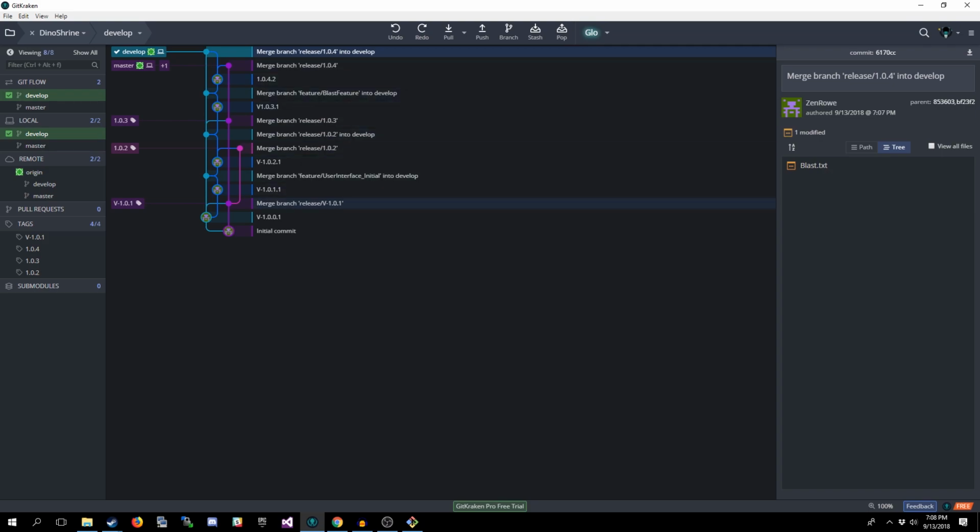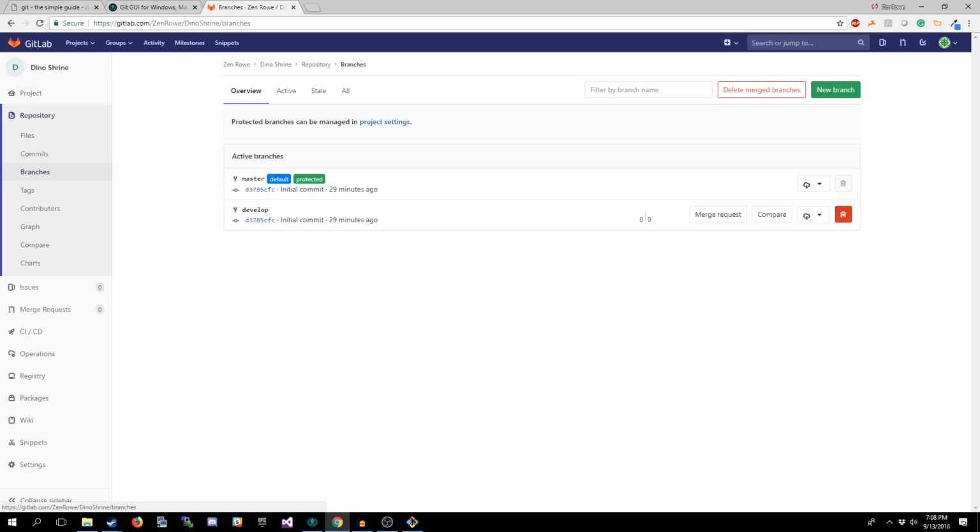This dark blue, those are feature branches, release branches, such and such. And then this purple one, this is our master branch. Now the colors might be different for you. They can change a little bit depending on the order of branches being created. But if we go into the remote repository, you'll notice there's still only two branches, master and develop.